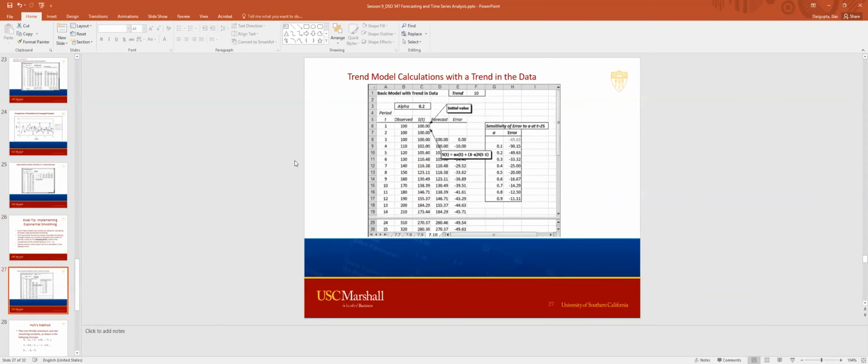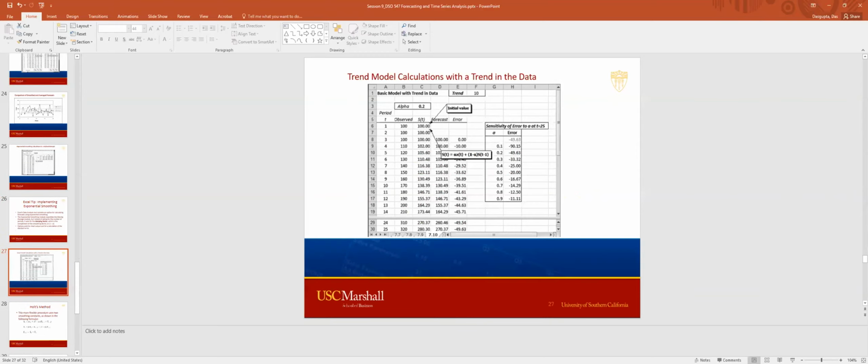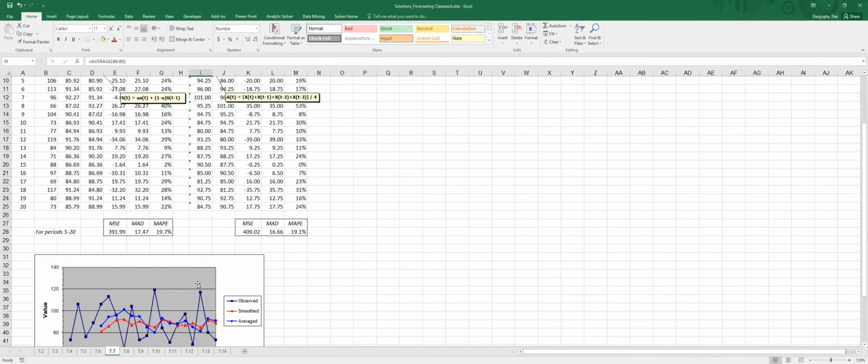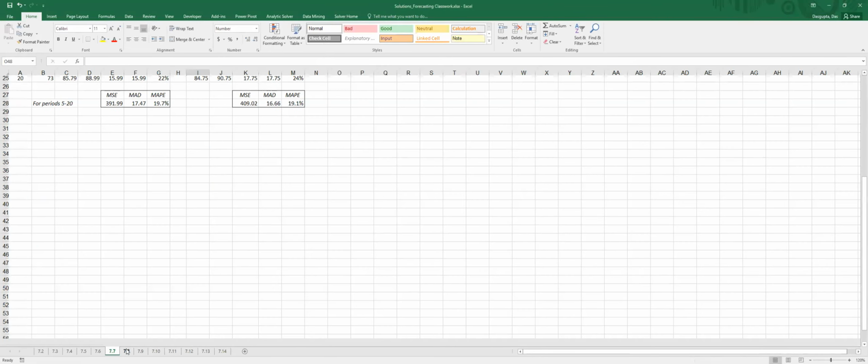So you could literally do that and generate a similar set of numbers there. I will let you do that, but real quick, if I share my solutions forecasting, I could go to